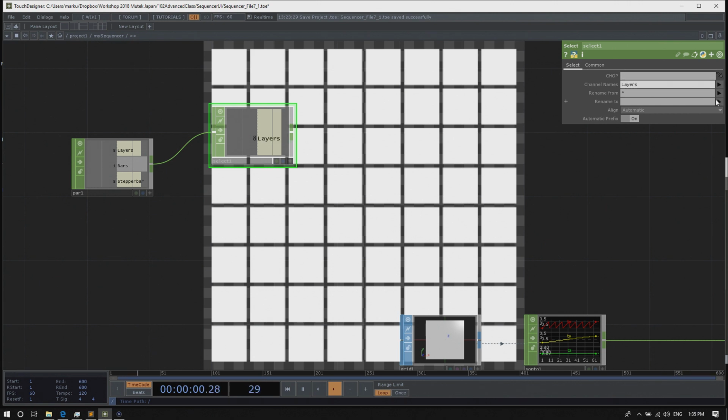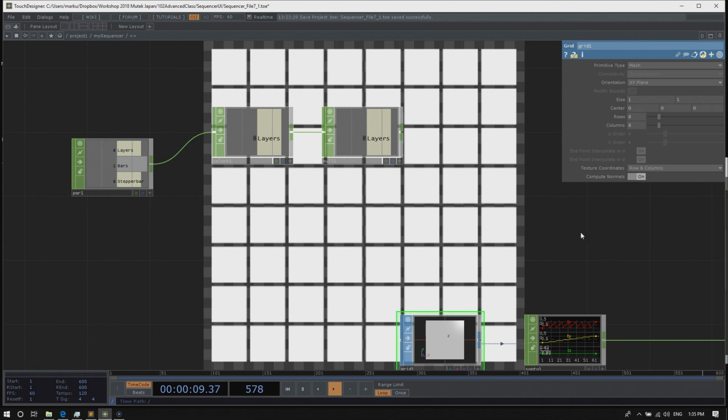So let's select the layers with a Select CHOP. Then let's append a Null and export that channel onto the rows parameter of the Grid SOP, the grid we referenced earlier for instancing.